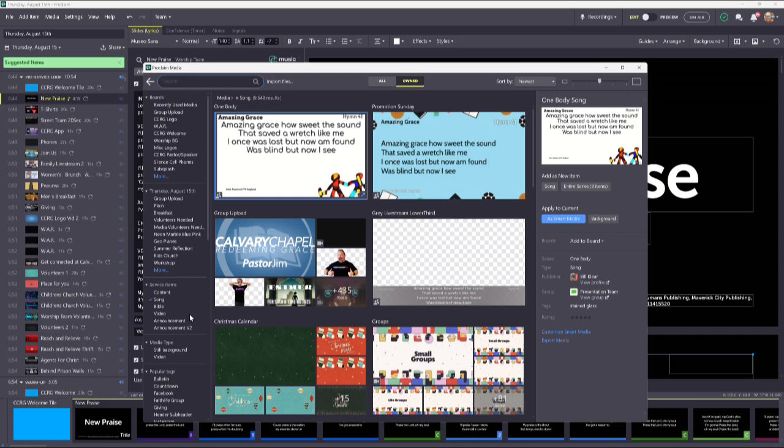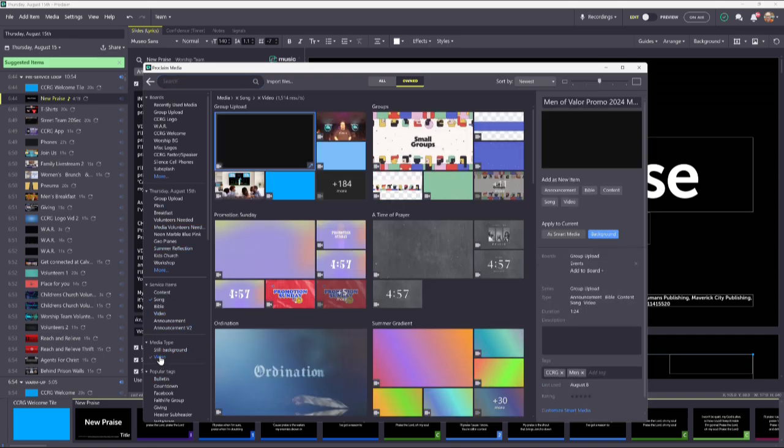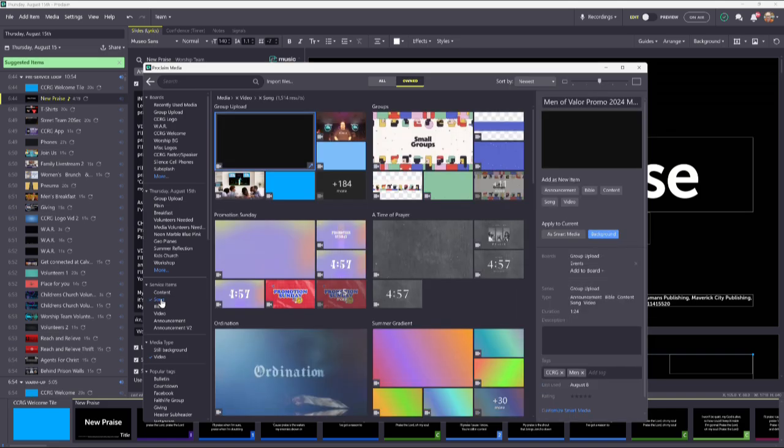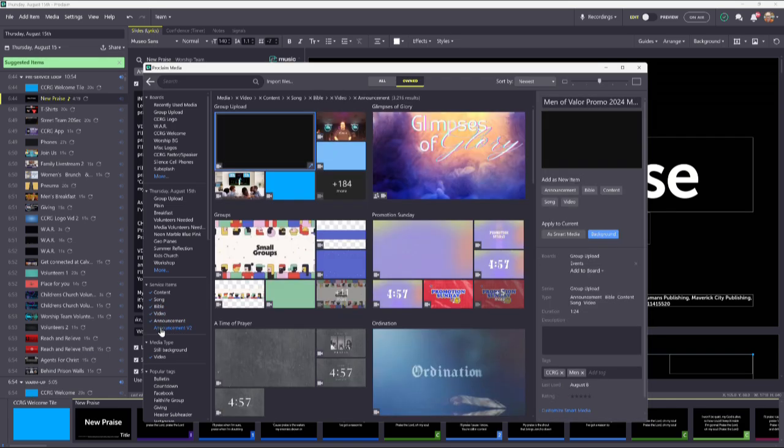So the first thing you're going to do is click on video because we use video backgrounds. So come down here to video type and click on video, and you notice it's going to reload. And then from that on, I like to get as many backgrounds as humanly possible. So I unclick song because I want it to show me the most I possibly can. You can limit it to song, and then you can click everything. And as you do this, it takes away options. So as you can see, I mean, it still has